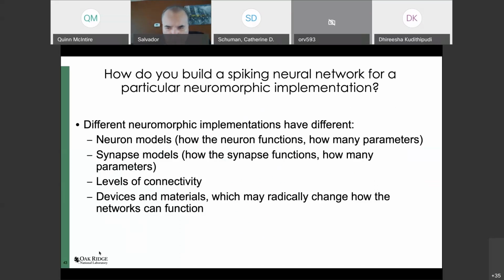They can have different levels of connectivity, so how you can actually connect the neurons to each other via synapses can be different from system to system. And then even if all of the other things are the same, if you have the same neuron model, the same synapse model, and the same level of connectivity available to you,